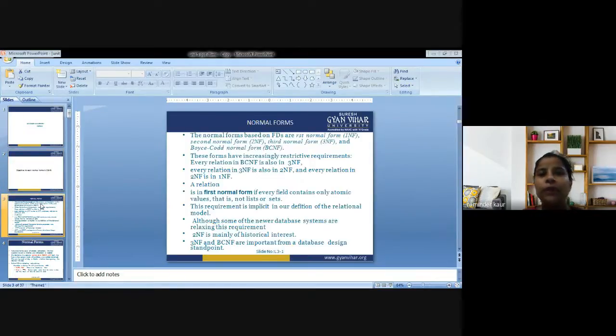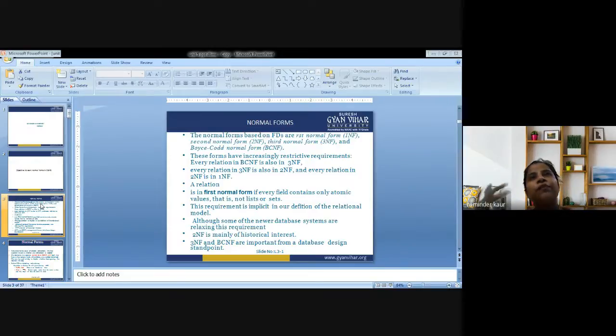So coming to the main point: what are normal forms, and why are we supposed to use them? The main concern is to remove redundancy, because redundant data is present everywhere in a DBMS. If we refer to the same data repeatedly, we have to deal with various redundant copies, and that could lead to inconsistencies in the system. This makes the system difficult to handle, so we need to overcome this problem. It is possible with the help of normal forms that we are going to discuss in today's class.